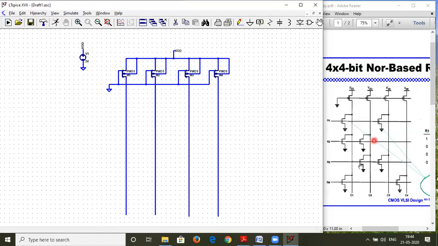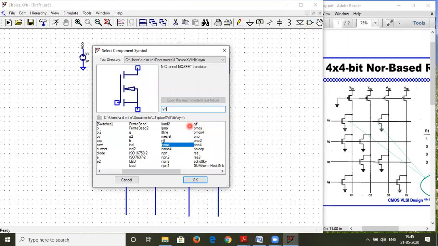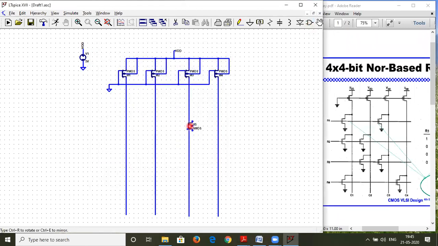But right now what we need to do is bring in the NMOS transistors. So for the NMOS transistor, we'll go to library again and we'll type NMOS 4. And this is the NMOS transistor.